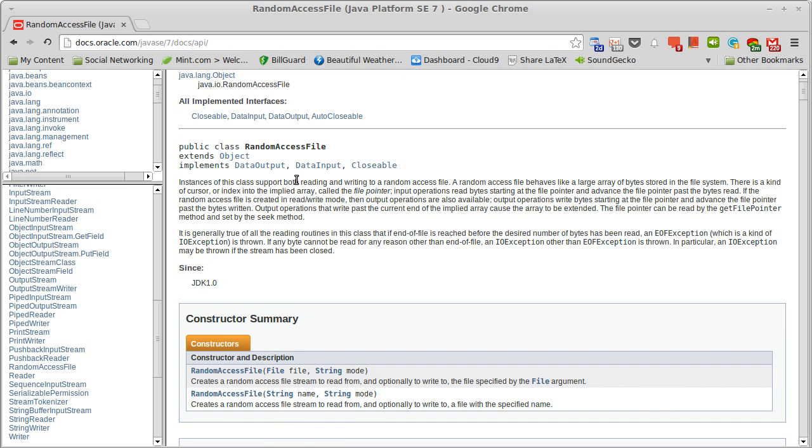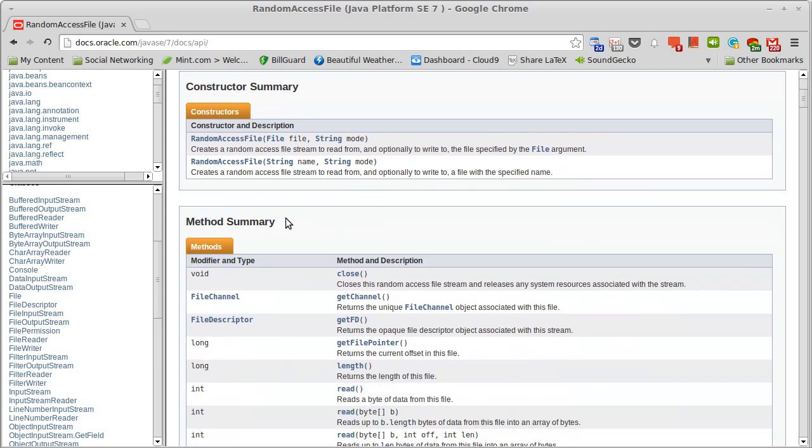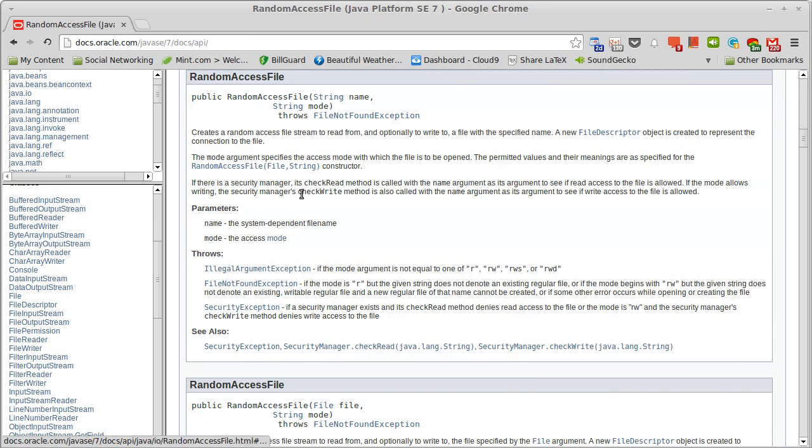The random access file is both a data output and a data input, so it has the methods that were in both the data input stream and the data output stream. They are represented in here. We can create one by giving it the name of the file or passing the file, and then also giving it a mode. Now, the modes that we have specify if we intend to read from the file, if we intend to read and write from the file,